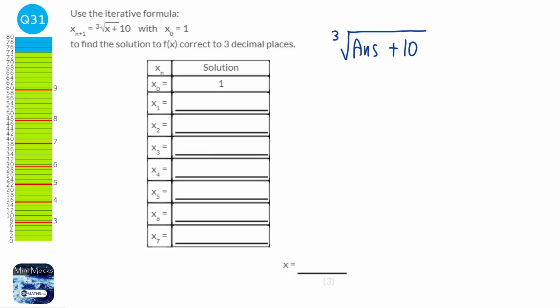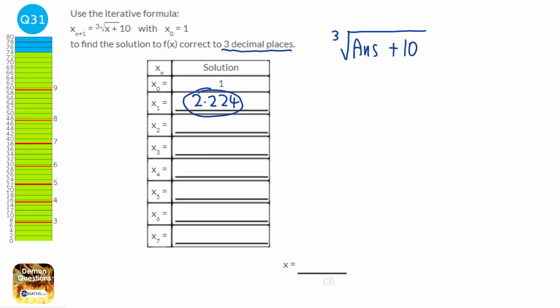When we press the equals button, it will work out the next number in our iteration. So if we press equals, we get 2.22398, blah, blah, blah. Because we're looking for 3 decimal places, we're just going to work that out to 3 decimal places. So it'll be 2.224. Then all we need to do now is press equals again, because instead of using the 1, it will